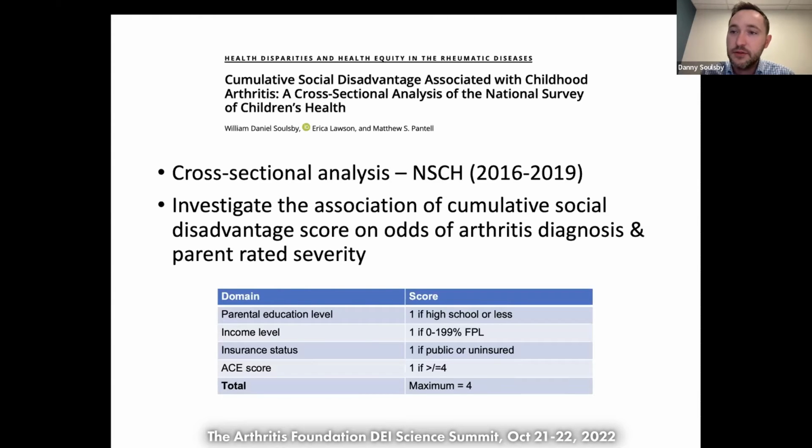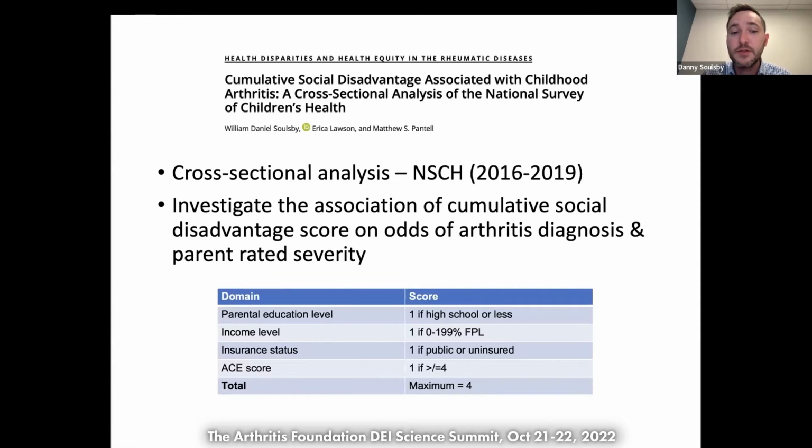We had noted in the literature, both in adult diabetes and hypertension, the idea of creating a cumulative social disadvantage score and understanding if that may have impacts on poor health outcomes. And we decided to apply this technique in childhood arthritis using this data set. So you can see below in the chart here that we created a social risk score based off of social variables that were A, available in the data set, and B, have already been previously studied as independent risk factors